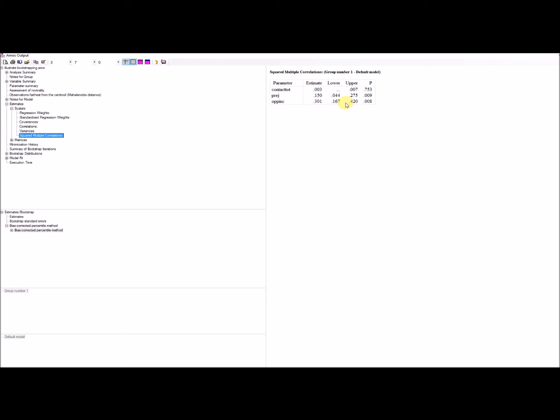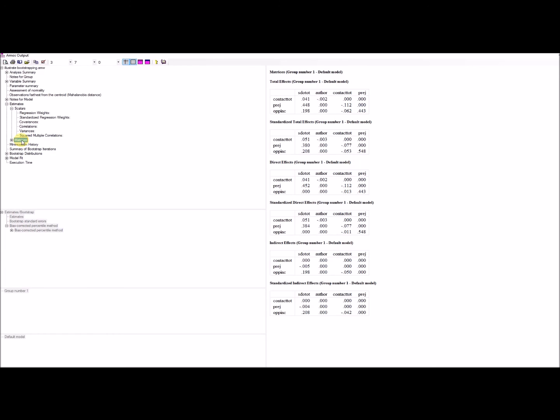If 0 falls outside of that bound, then we would deem that R-square value to be statistically significant. Or we can just consult the p-value that's given over here and interpret statistical significance in the same way we've done above. If we click on matrices,